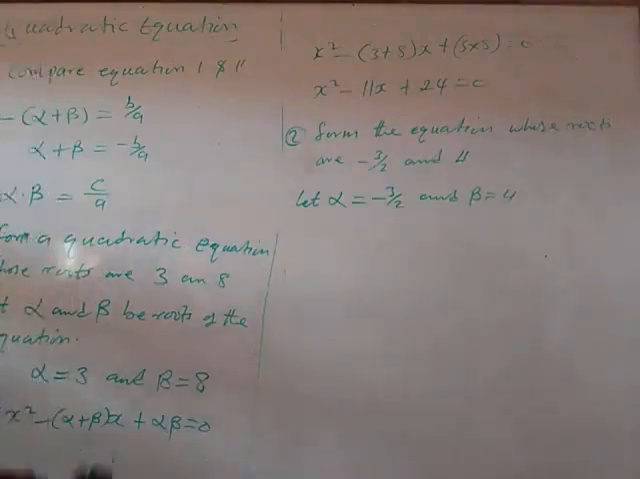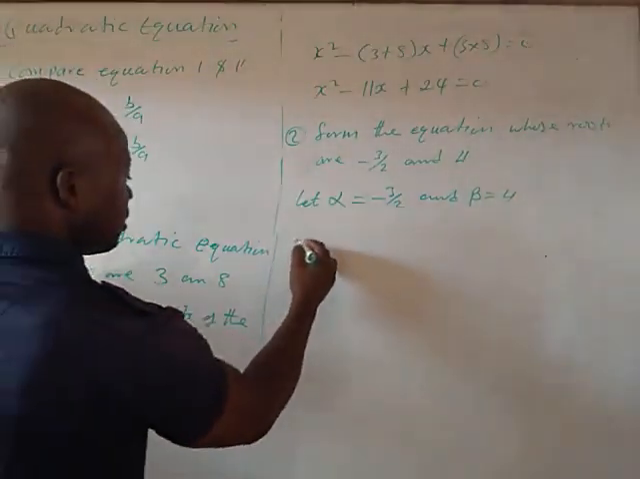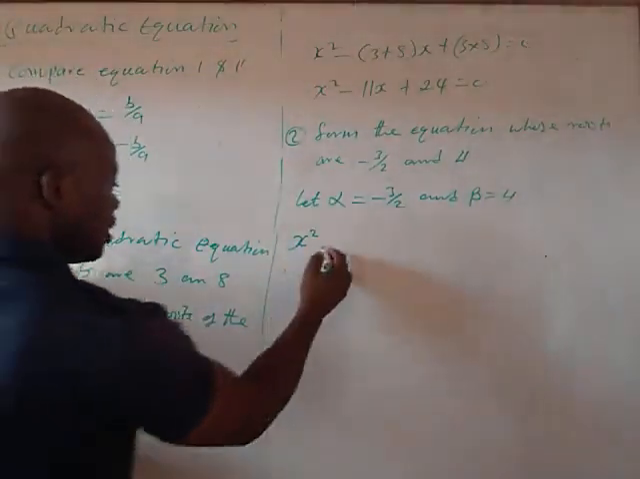Now, to substitute, let us write the general form together, which is our formula, x squared minus